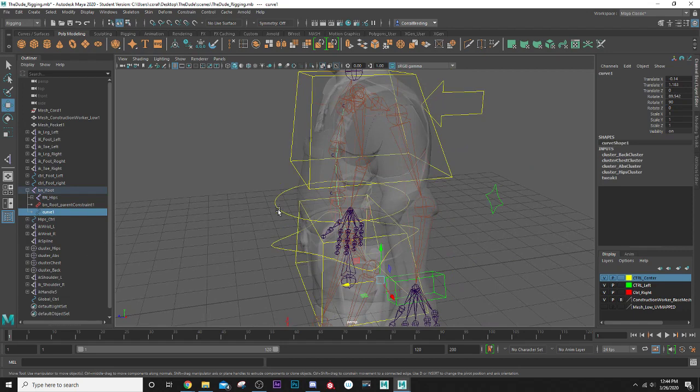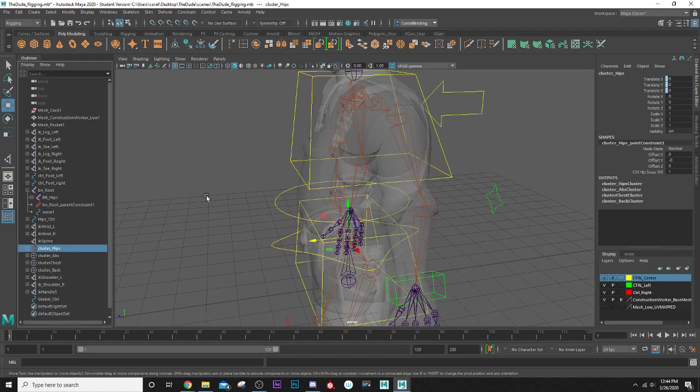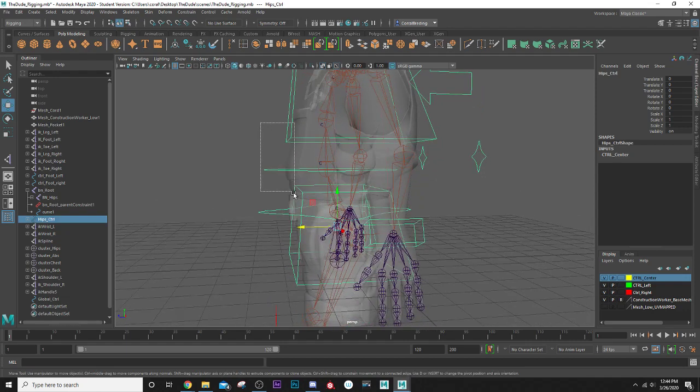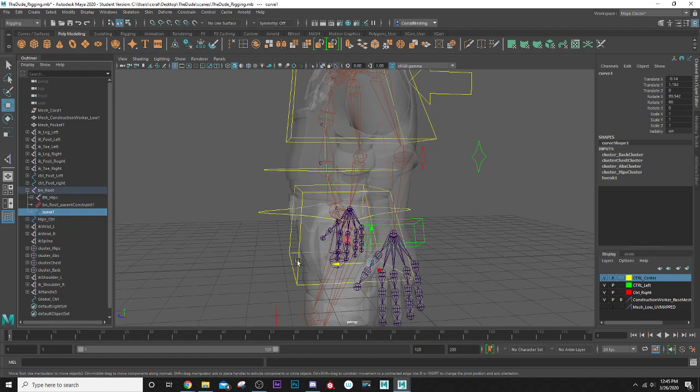But the thing is that we also have constraints through clusters on that same control. The NURBS curve here, this one, is being controlled by all these clusters, which is being controlled by all these curves. Since all these curves are parented to this one, they're getting what's called double transformations. It means that the movement of these guys is making the movement of the NURBS curve here be pushed forward, because they're getting transforms from both this and this one,